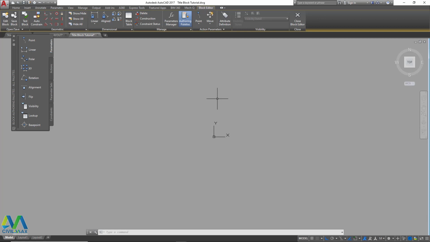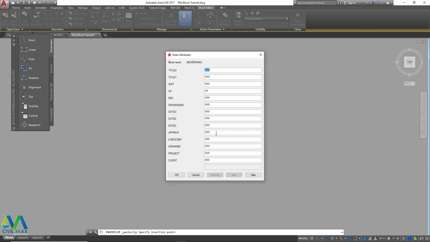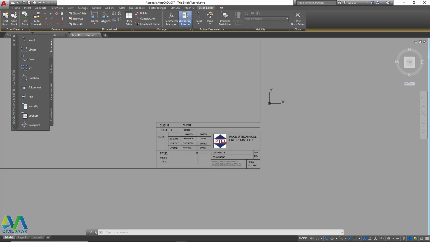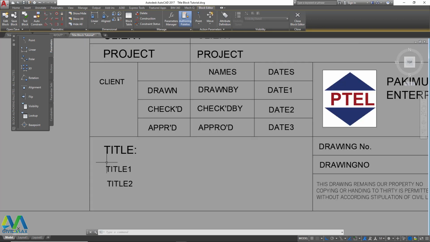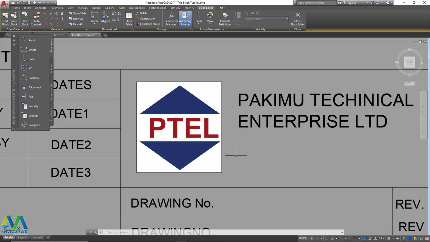We'll go to a different drawing area. Now what we'll do, we'll just press Ctrl V to paste in whatever we did. So the moment you paste in, you'll be prompted with all the attributes you are feeding in. You can either feed everything here, or you can just go ahead and click OK. So if you zoom in, you'll be able to see what we have. So we want to give this logo a different color, so that when we print it out, it won't print with this line defining